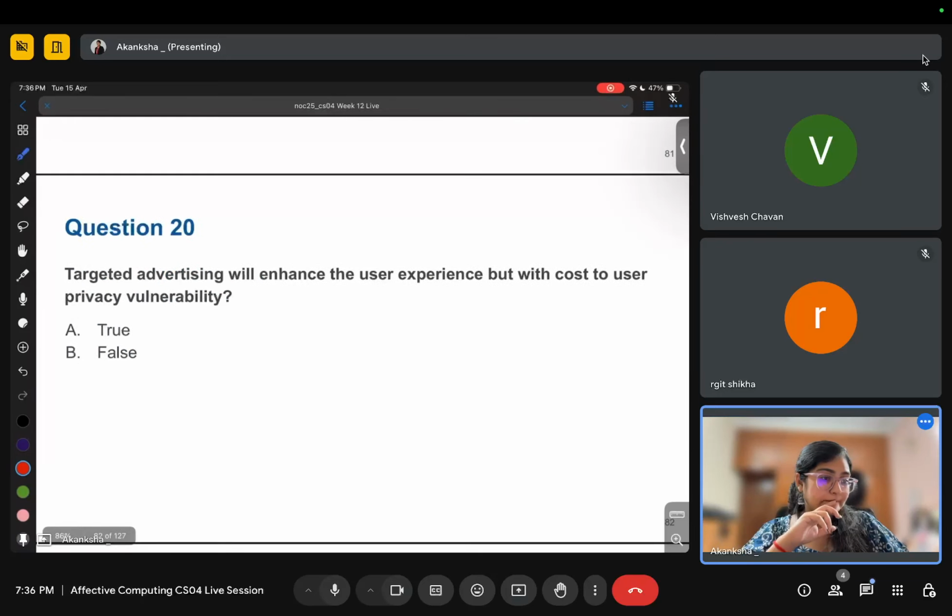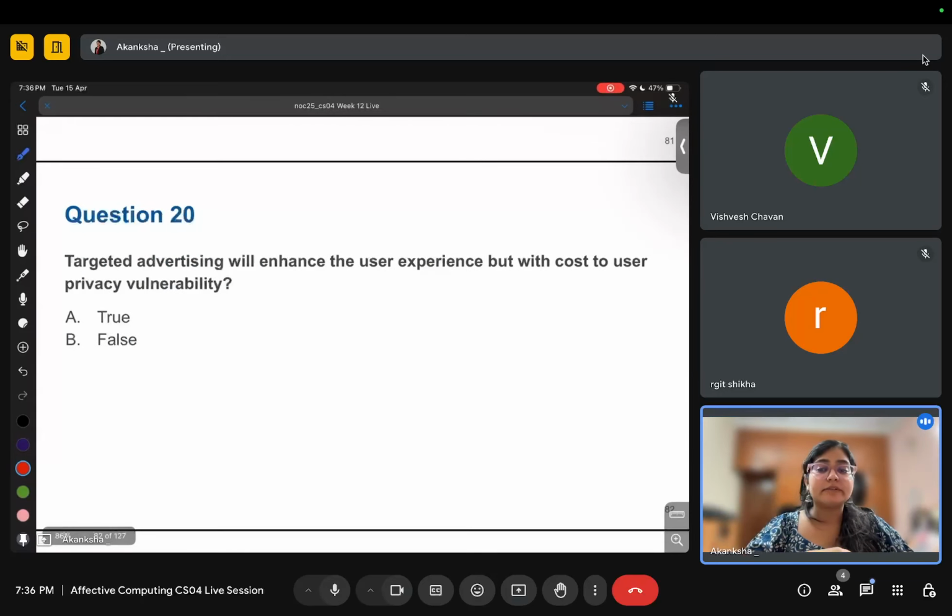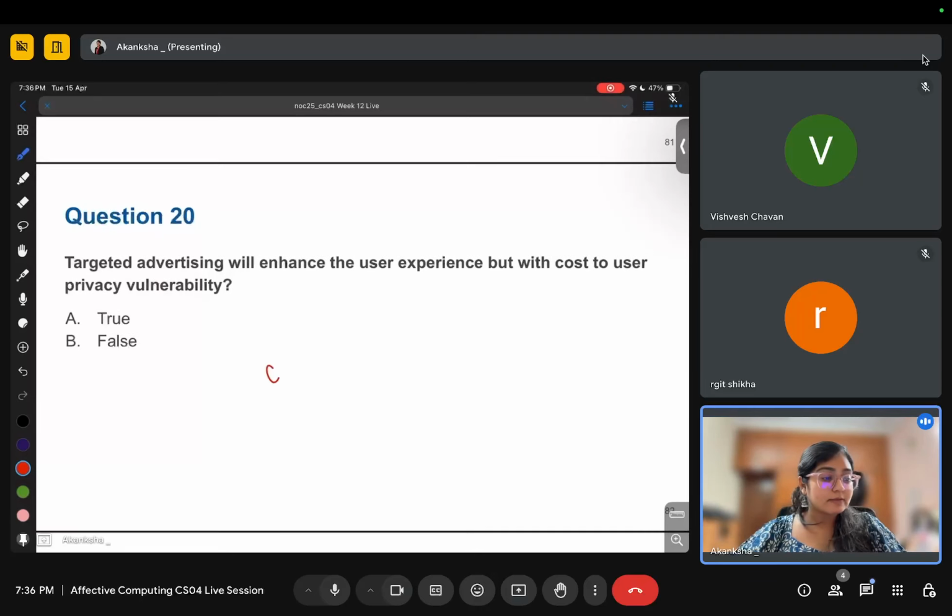So next question is, targeted advertising will enhance the user experience but with cost to user privacy vulnerability. So targeted advertisements, as I explained earlier, what exactly it means is that you are customizing the advertisements according to user preferences or user responses.